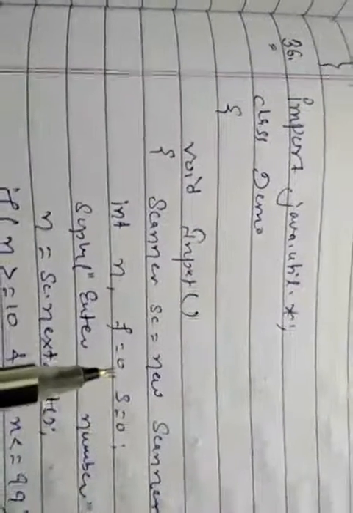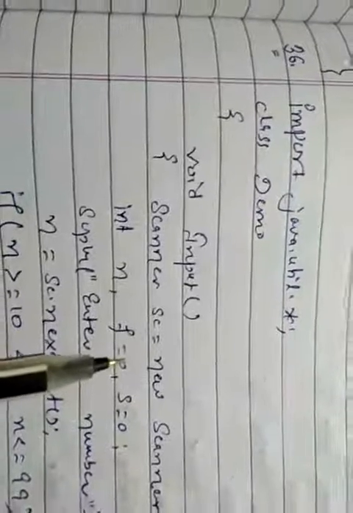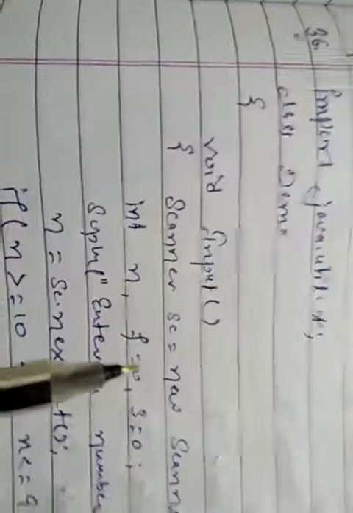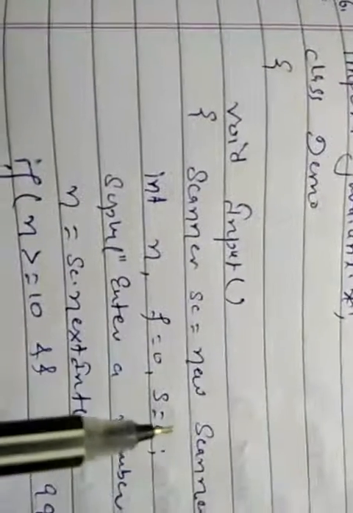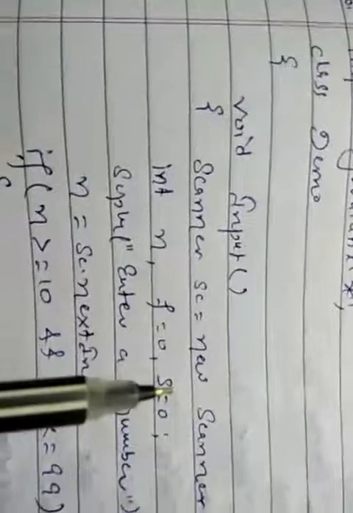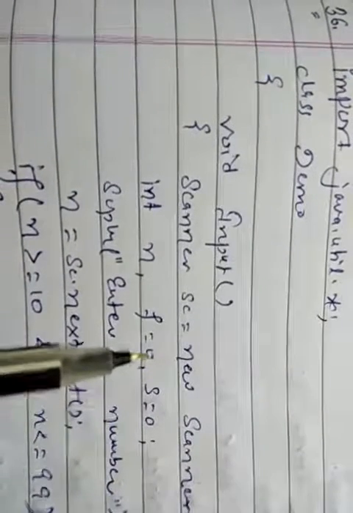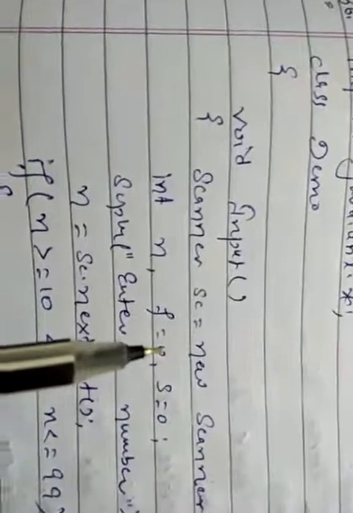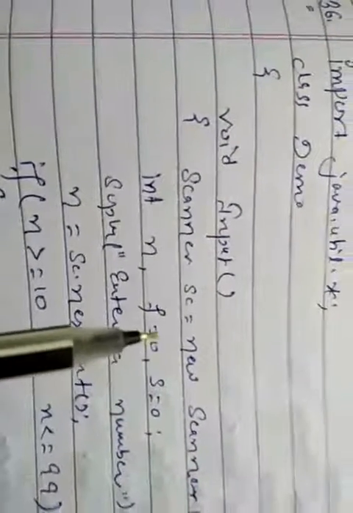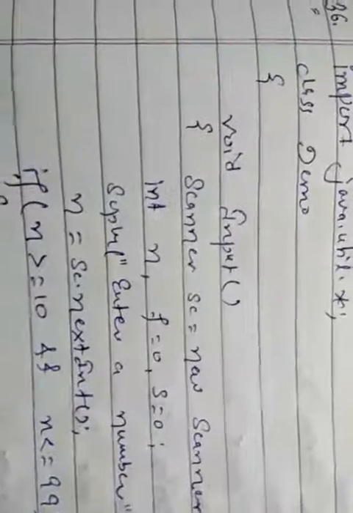And this is the solution of question number 36 of your book. In this you have to input a 2-digit number. If the number is not 2-digit, then print the message invalid number. Or if the number is 36, then the system should print on the screen thirty-six. If the number is 46, then the system should print forty-six.